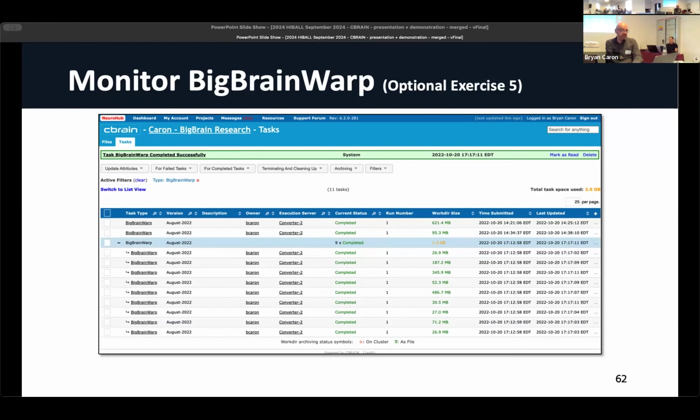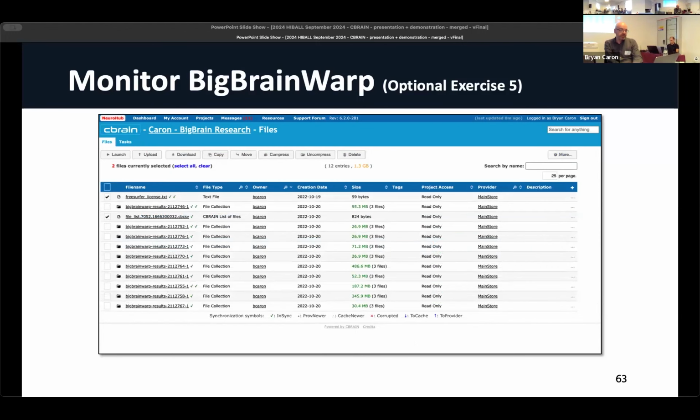So eventually, like I said, you'll see the 9 completed. Skipping ahead, and then you can even look back in your project, you'll see all the different output directories that get created by each one. Then you can do your post-analysis work.